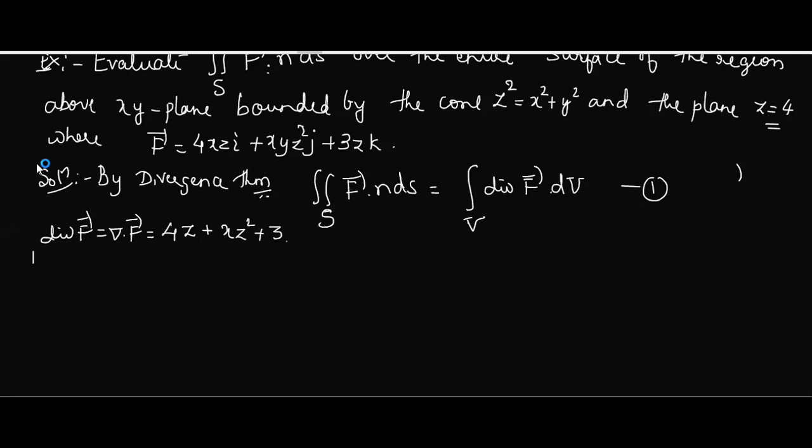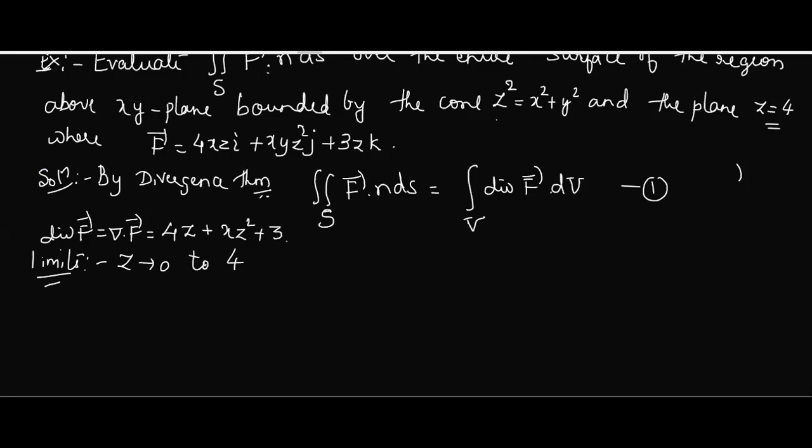Now important is the limits. What limits do we have to take? Here they have not given us z equal to 0 to 3 or 0 to 4, something like that, but they have given one value: z equal to 4. One more thing they have given is that it is above the xy plane. That means what is the contribution of z there? In the xy plane, z is 0. So z is varying from 0 to 4, am I right? Because they have given z equal to 4.